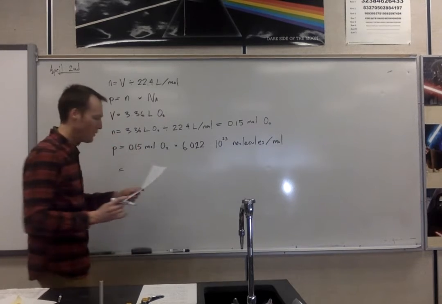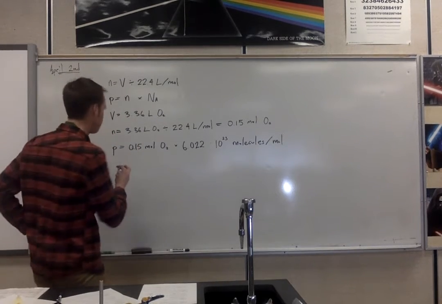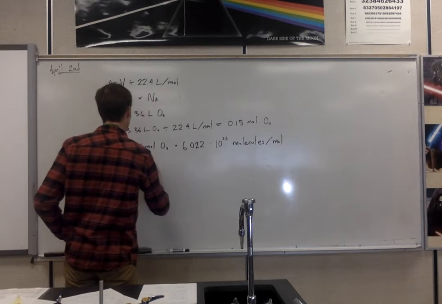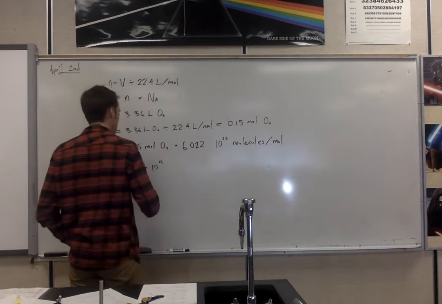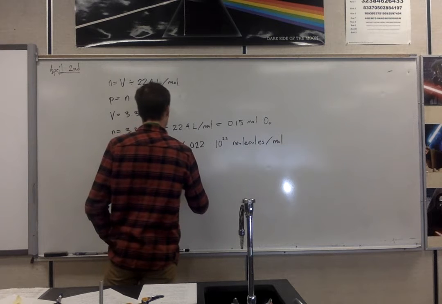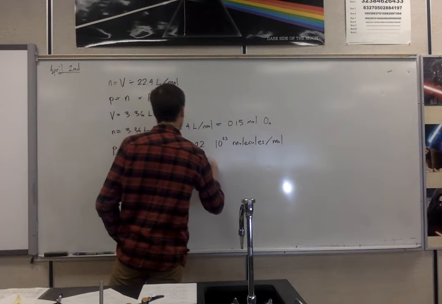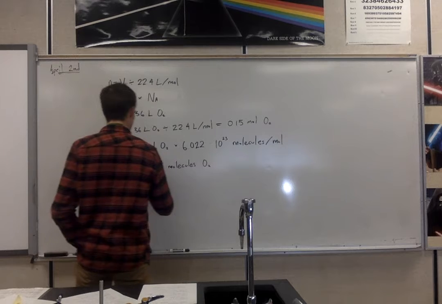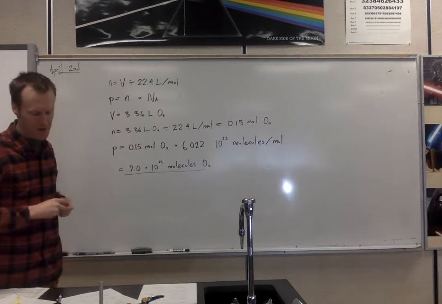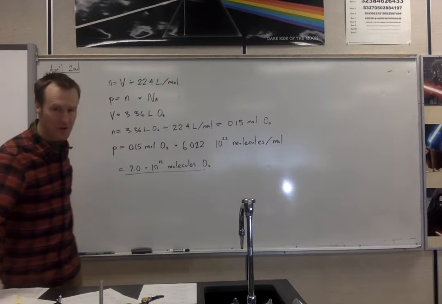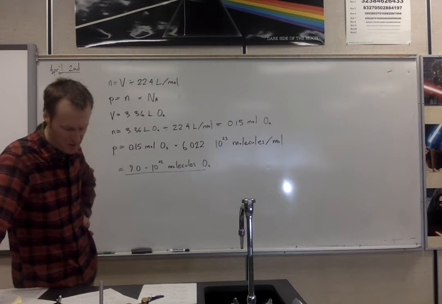New line. When I did this, I got 9.0 times 10 to the power of 22 molecules of O2. There. That's question 18. Question 19, we're asked, find the mass in grams of 2.00 times 10 to the power of